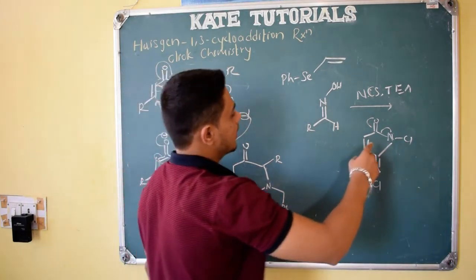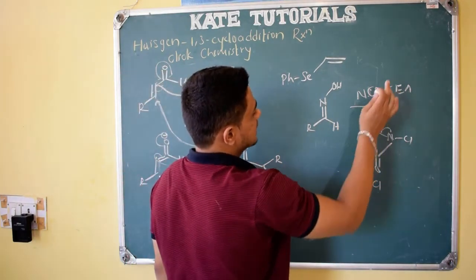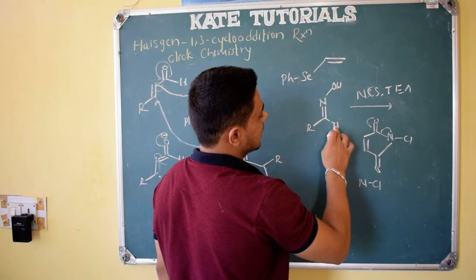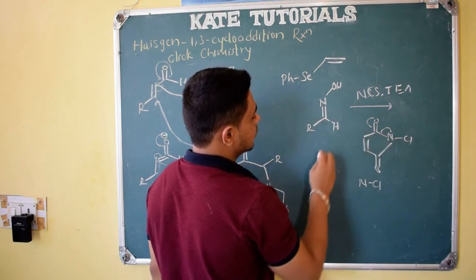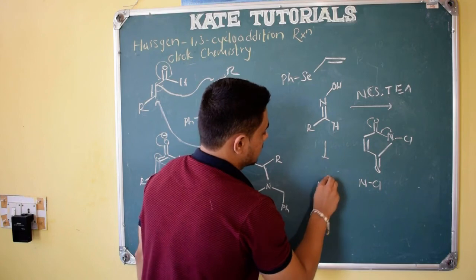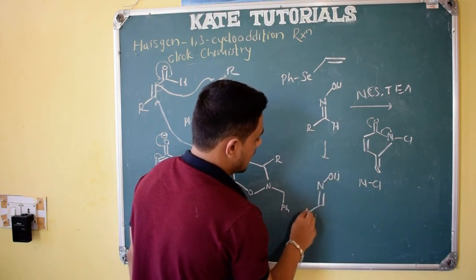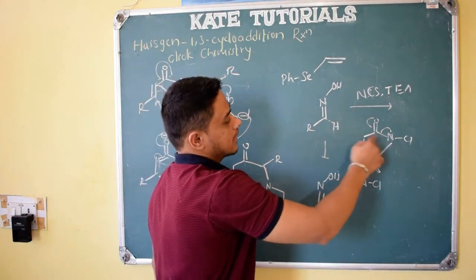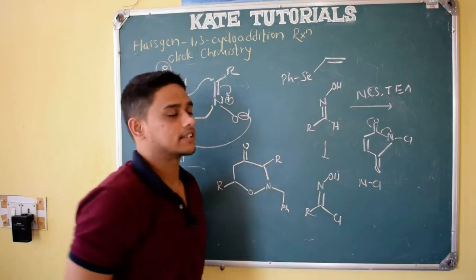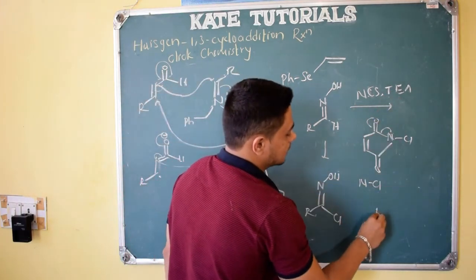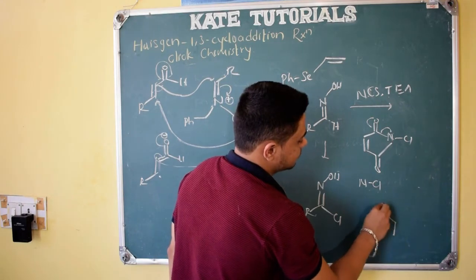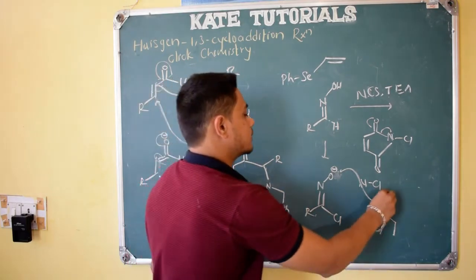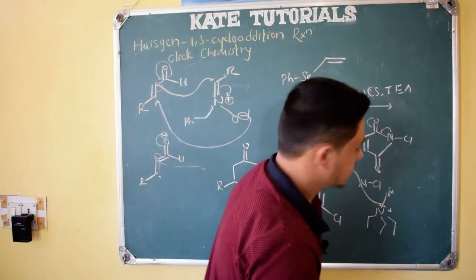If we add this, what happens? See here, in presence of base is also there. So what happens? This chlorine will take this hydrogen, and here the chlorine bond, that is, see here, NOH, double bond R, and here chlorine comes. That's the thing, right? So chlorine comes, hydrogen is taken by nitrogen, and chlorine comes and attaches here. And base, triethylamine, this is triethylamine. It is a base, it will take this proton, and oxygen gets negative charge, right? And this becomes H plus, right? So this is the species.